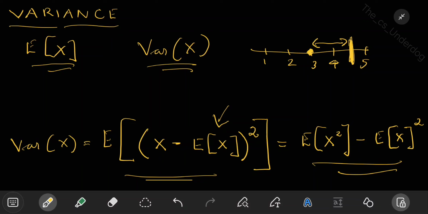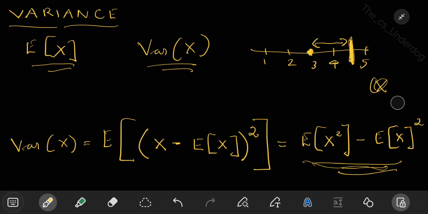Then for each of the values that this random variable takes, you have to find what is the deviation. Then you want to square those terms. Once you square it, you want to find the expectation of that squared deviation. Either you can use this formula, or instead you can use this formula where first you find the expectation of